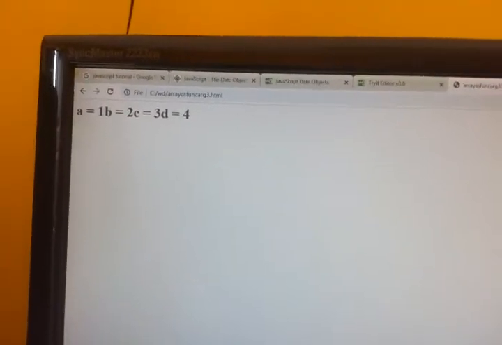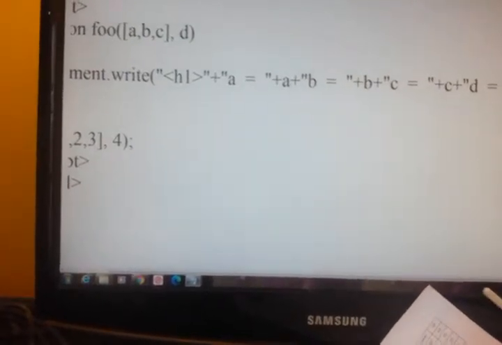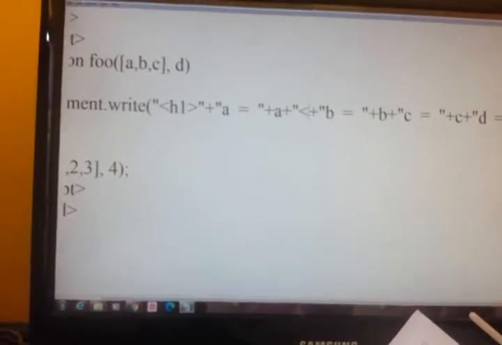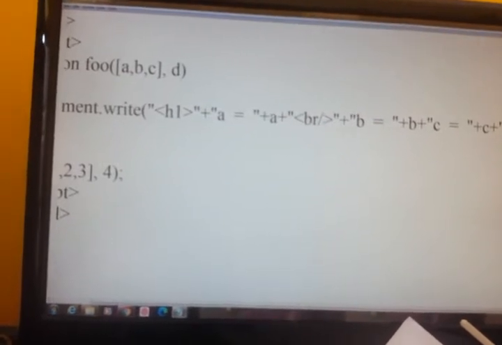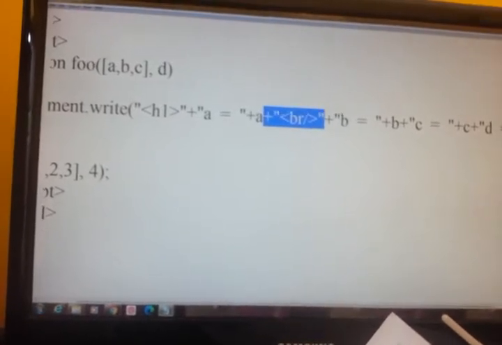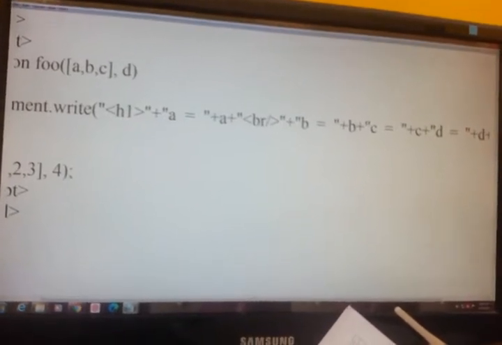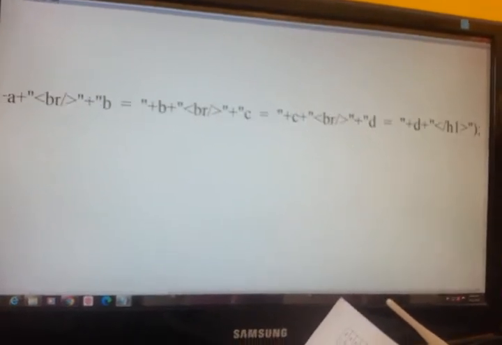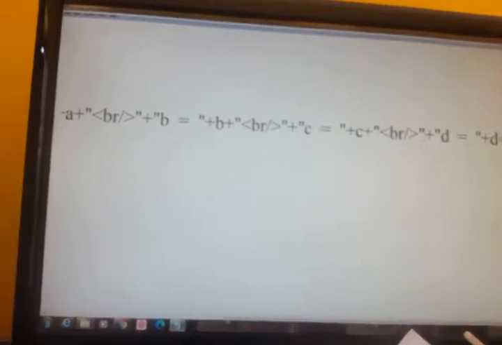To make it clearer, you can add a break in between. Let's save this.